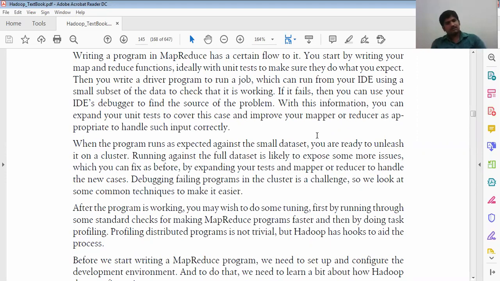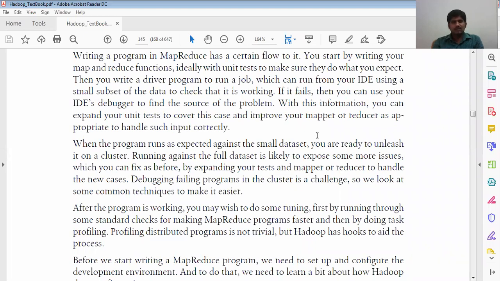I think for this topic we need to remember the concepts of the building blocks of Hadoop. There we have not only these five parts, we have the programming part, the driver code, combiner code, and partitioner code. Do you remember these words? The driver program runs a job, which can run from your IDE using a small subset of data to check that it is working.